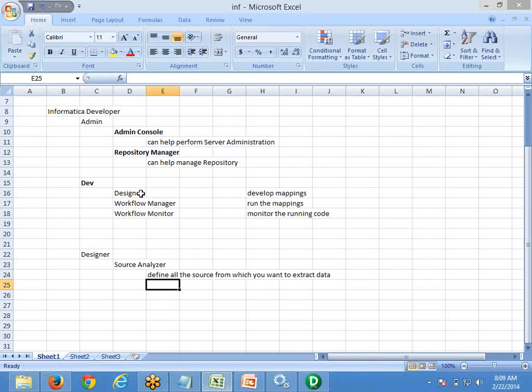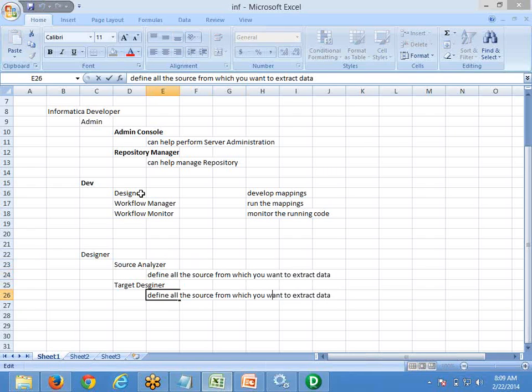And then we have one more component called Target Designer. Define all the targets onto which you want to load.